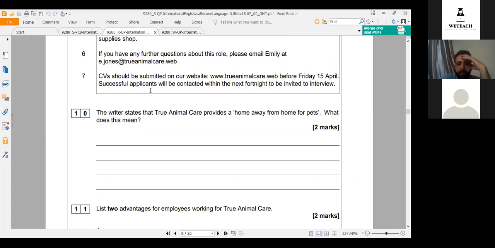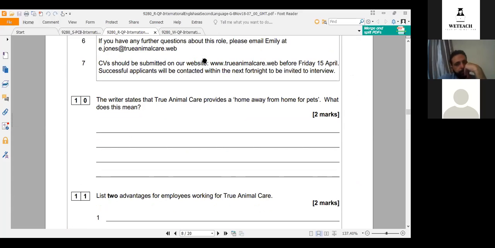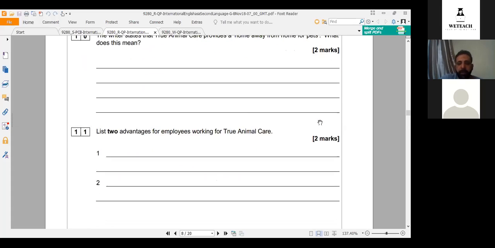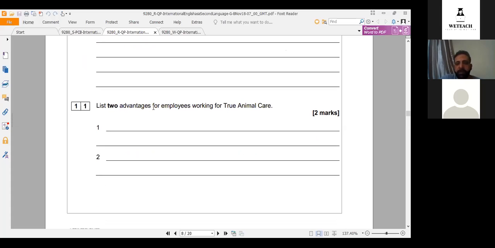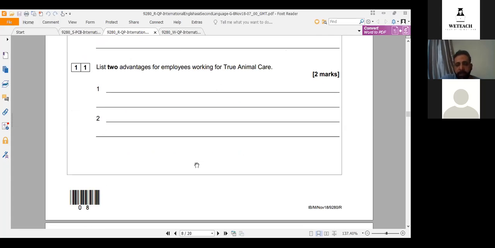The new questions will give you 2 or 3 words, as you see. These 2 or 3 words are already from the text, and then he asks you exactly what this means. You should make your explanation totally clear, because you have 2 marks. If your explanation is not that clear, you will have only 1 mark, and you will miss 1. Then another question says, list 2 advantages. You write down advantage number 1 over here, advantage number 2 over here. This is easy. It's not that hard.